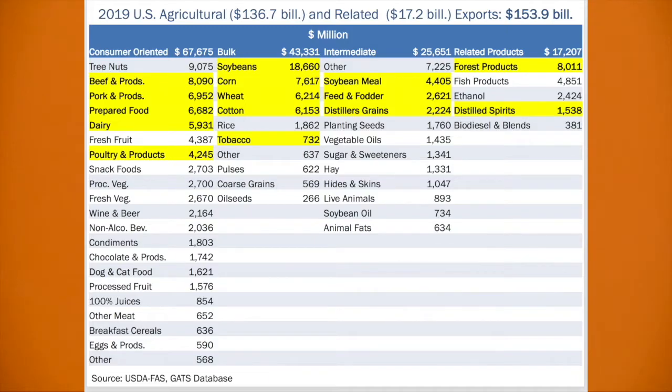Some of the other larger categories I mentioned, beef. We also export quite a lot of forestry products, and it's ranked quite high. In fact, if you consider forestry products part of the overall agricultural spectrum, it's often ranked second or third. At one point, we relied a lot on China for cotton exports, and that was one of our leading categories, but that's since declined due to some internal policies in the Chinese market. As a result, we have a more diversified market for cotton, where we export a lot more to Vietnam and other sources, unlike soybeans, where we really relied mostly on China.